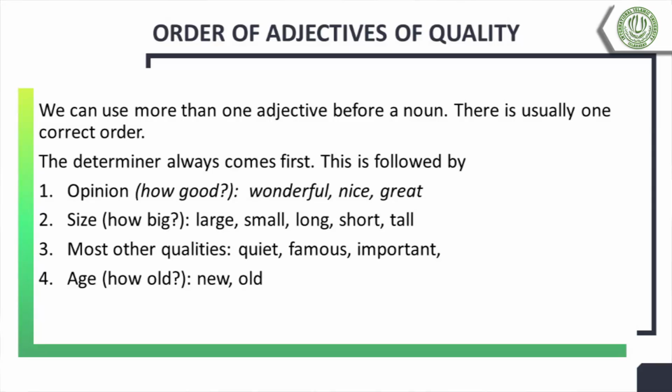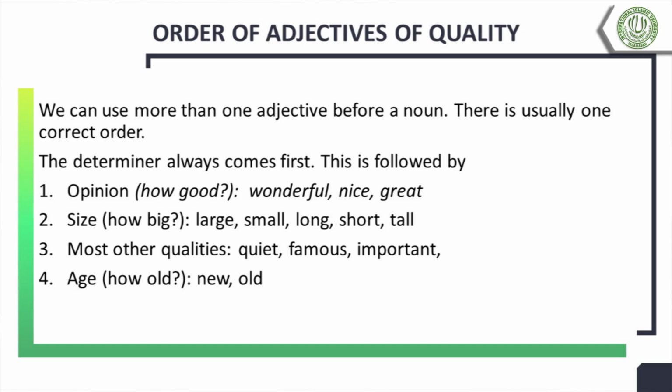The next part of the session is the order of adjectives of quality. If we want to use more than one adjective in a sentence, how can we put these adjectives together in one single sentence? The order of adjectives of quality is like this. First, the determiner will always come first. It would be followed by